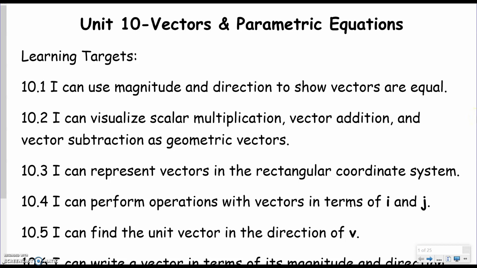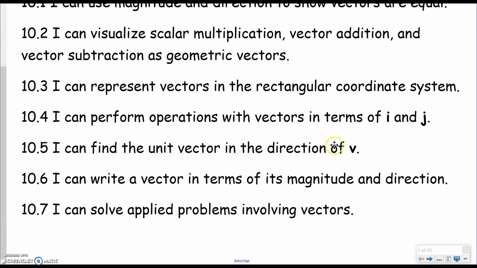Okay, in the next two videos, we are actually going to talk about our Unit 10, which is vectors. I'll also add some parametric equations in there, but the next two are focusing on vectors. There are a lot of outcomes here, pretty simple to do, and like we said, if you're going into BC Calc, it's extremely important that you're at least comfortable with the basics, so that we can use those later on